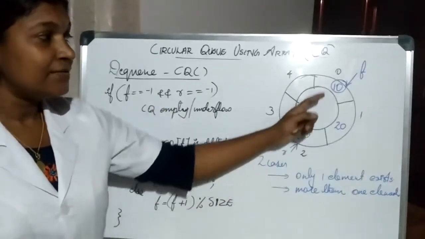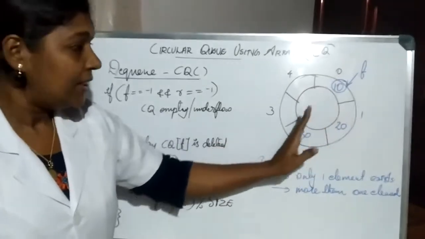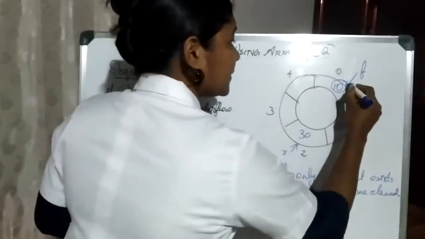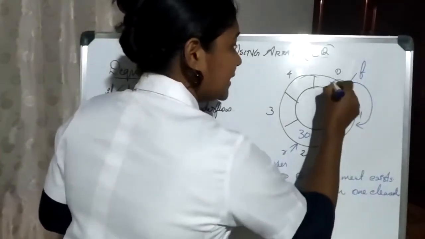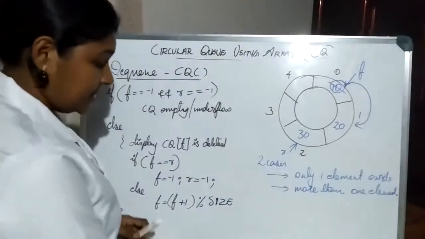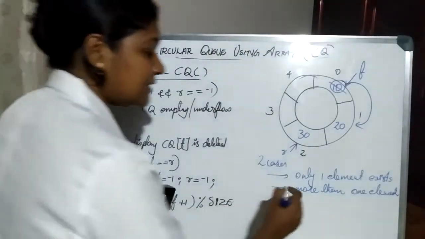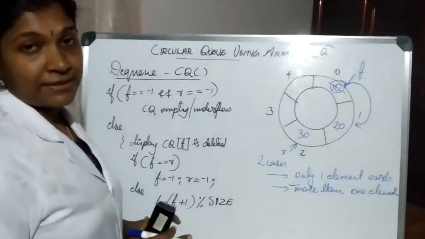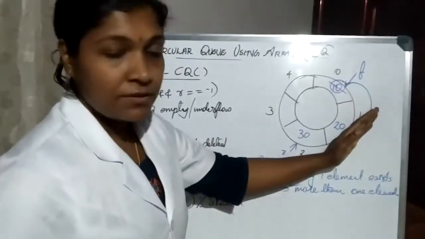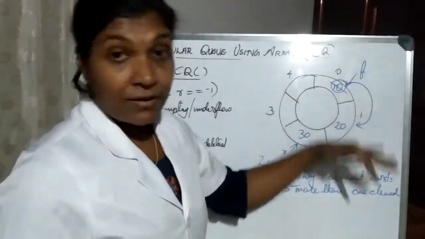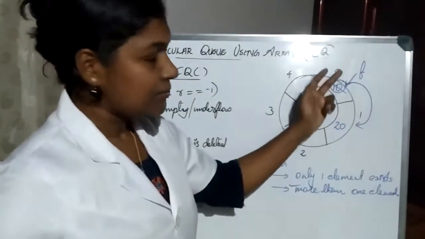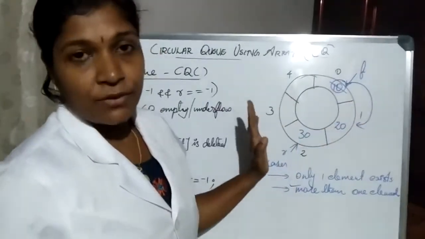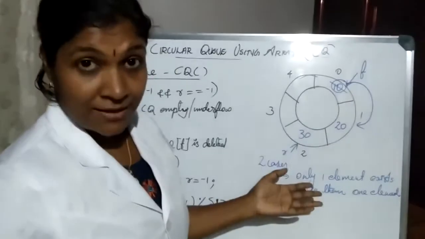So this is the case where we have more than one element. If we have more than one element, what we need to do is simply increment the value of front so that we can consider this element as deleted. So this is our logic. This is the second case, more than one element. This is the only operation we need to do if there is more than one element in the queue. We just need to display the message 10 has been deleted, then increment the value of front to the next position because more elements are there.